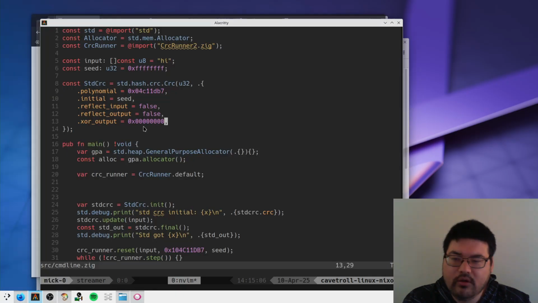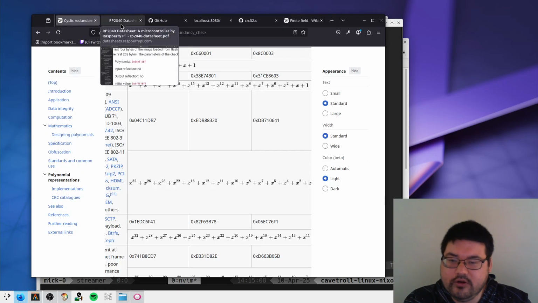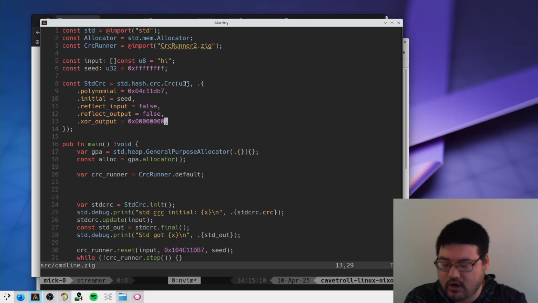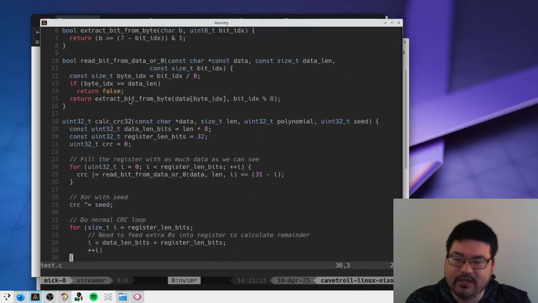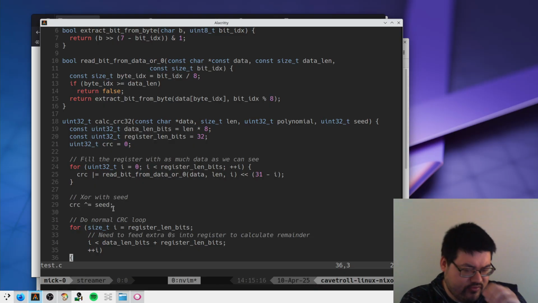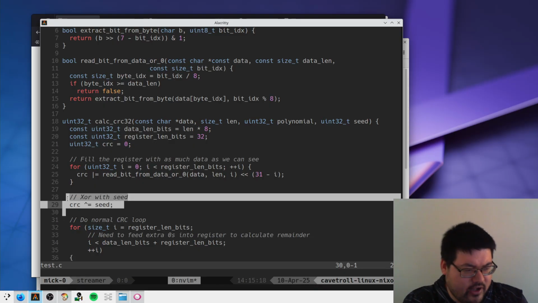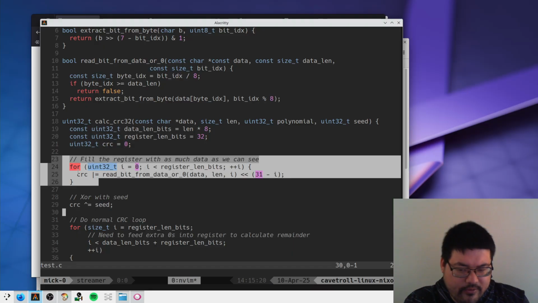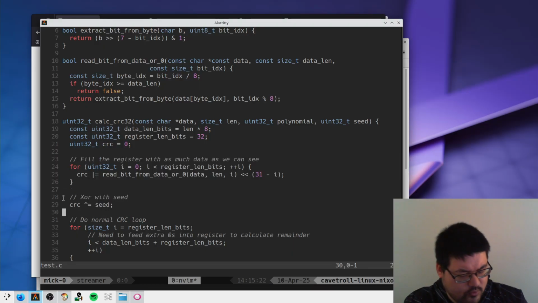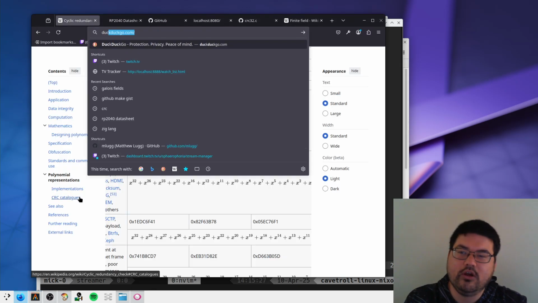But this definitely the hardest part to grok for me was the application of this seed value, right? Because they call it an initial value, and this is not an initial value, right? We're taking some input and XORing it with this seed, which is just kind of confusing. But it becomes less confusing if you look up